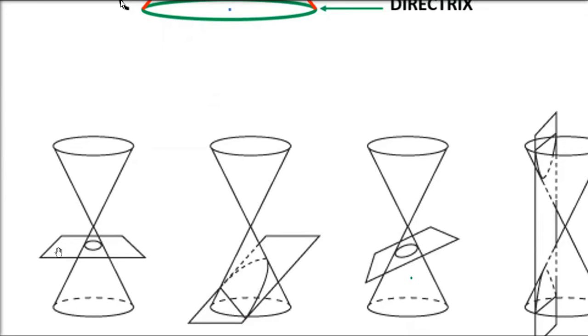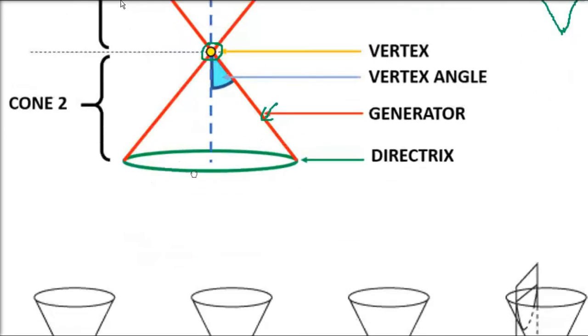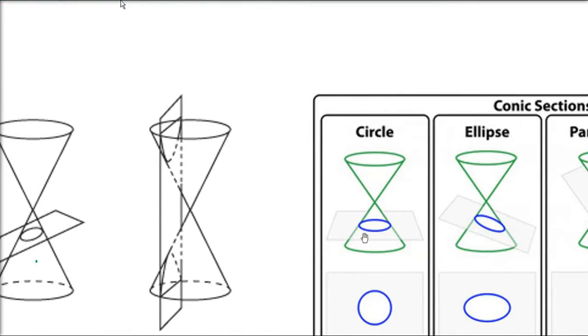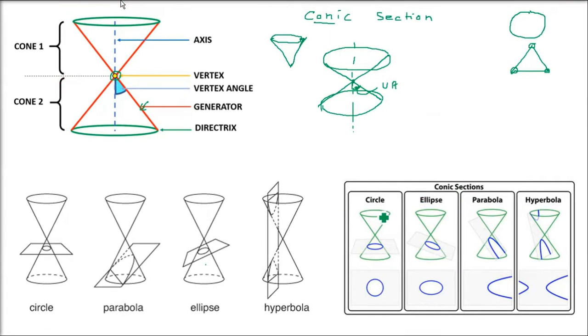So the best idea is to understand: take a plane, simple, and take it perpendicular to this axis and cut this shape, either above or below. So this is the axis, and the plane which is cutting this cone is perpendicular. That is, the angle between these two is pi by 2. So a circle is what? Circle is a point which is moving such that its distance from one point always remains the same.